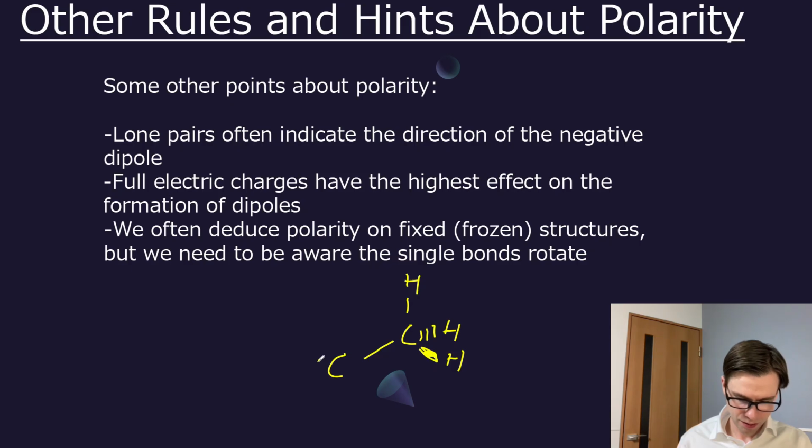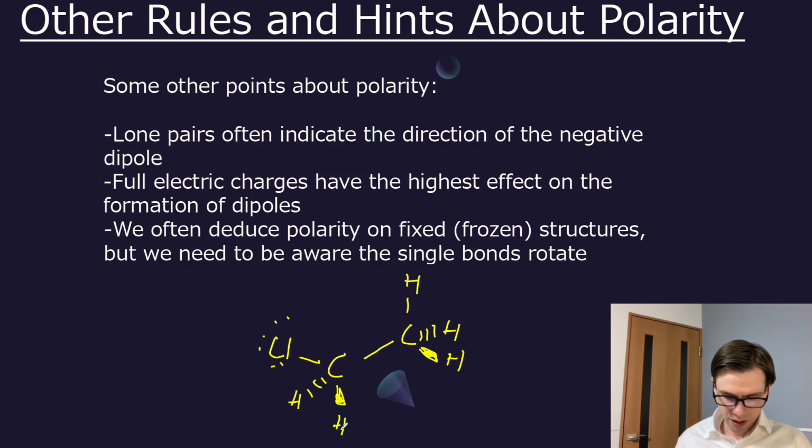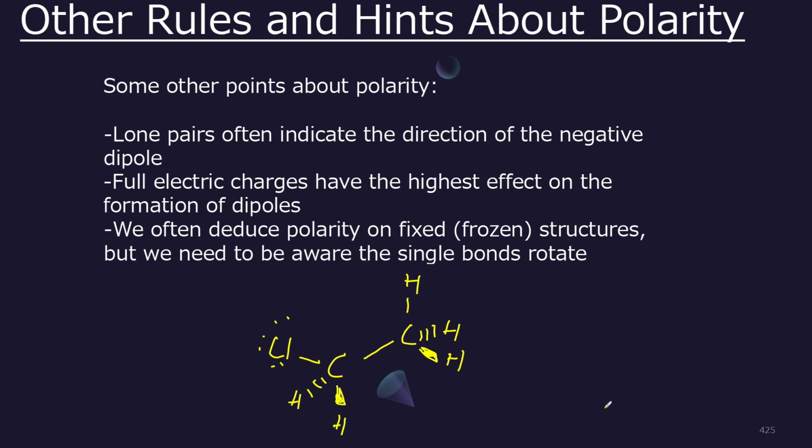And then I've got a chlorine and a couple hydrogens here. Also 3D tetrahedral structure. So you'd probably go through the bonds in this or check where the lone pair concentration is and say that this has a dipole basically in this direction, negative, right? Towards that chlorine. And that would be true, but what you've done is frozen this structure in time and in